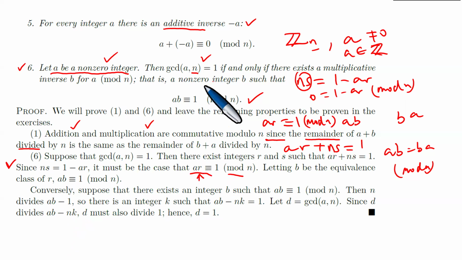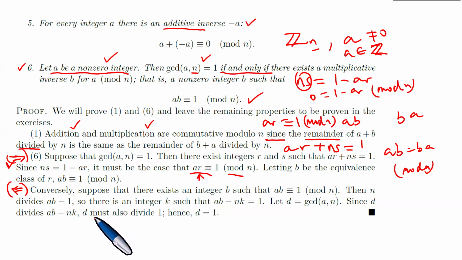Obviously, this is a necessary and sufficient condition statement, meaning that we started with the GCD equals 1, so we have proven the forward direction, the implication, and then we need to prove the converse. We need to prove the converse. Conversely,